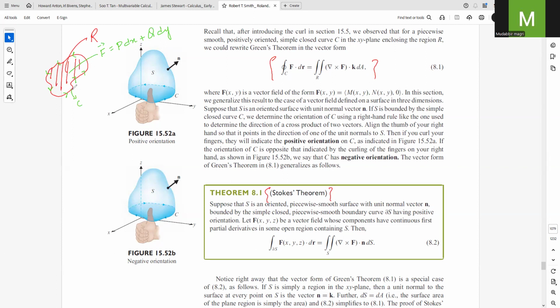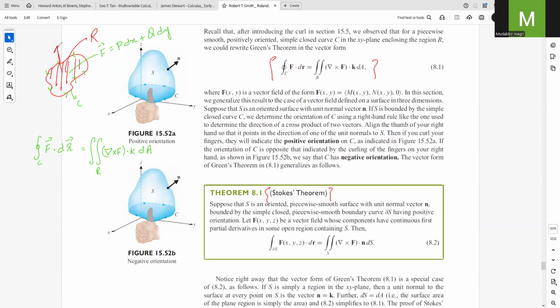So now there might be some circulation inside this region, and we know that we can find that circulation using Green's theorem, which says that the net circulation in this region R is equal to the line integral of this field over the curve C. So this is simply equal to the double integral of this curl over the region R dot k dA, where this k represents the vector normal to this region,